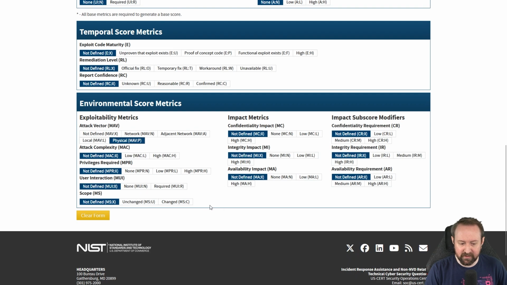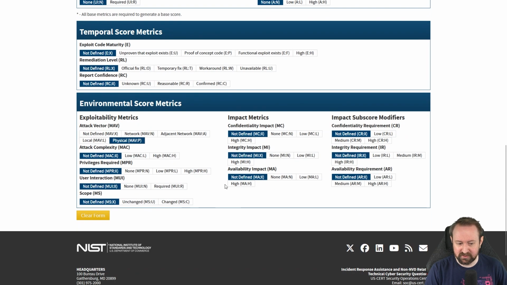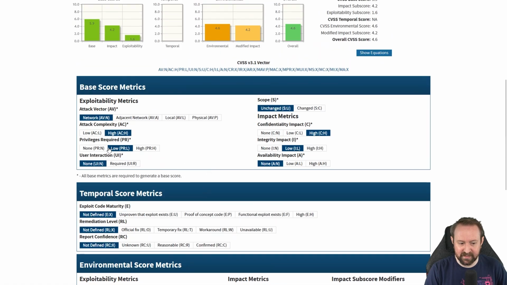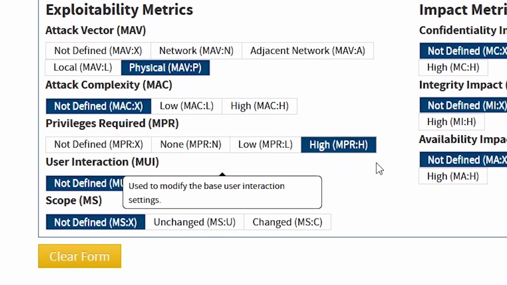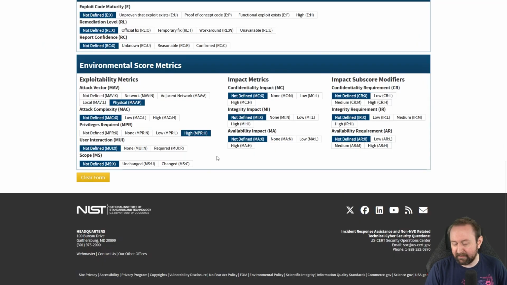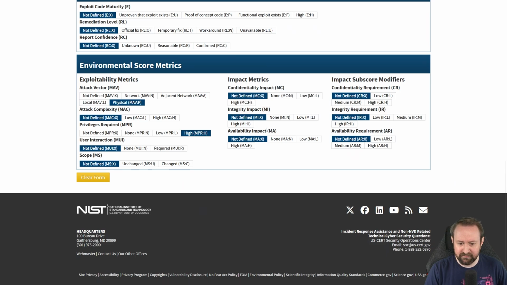If there are environmental reasons why the base score metrics don't apply in your situation, you can change the environmental metrics, right? Privileges required, you might decide, oh, actually, even though this says that low privileges are required here, actually you need high privileges, all right? Actually, for some reason, you need to be an admin account to exploit this vulnerability in our environment. The same thing, confidentiality impact, integrity, availability, you can change these. So these are a kind of way of altering the base metrics to fit your environment a little better and